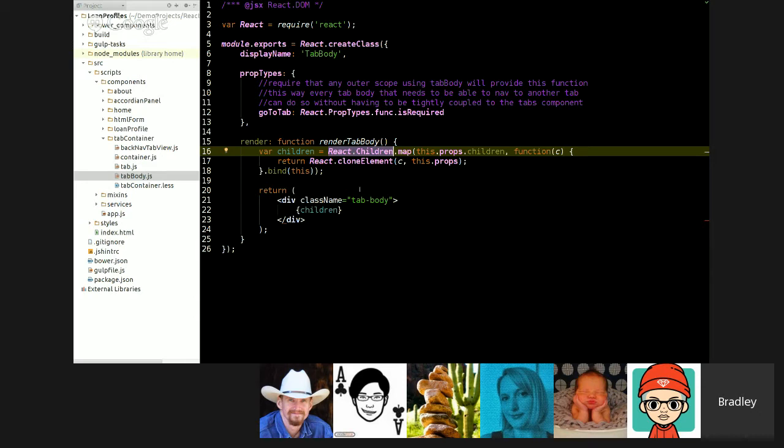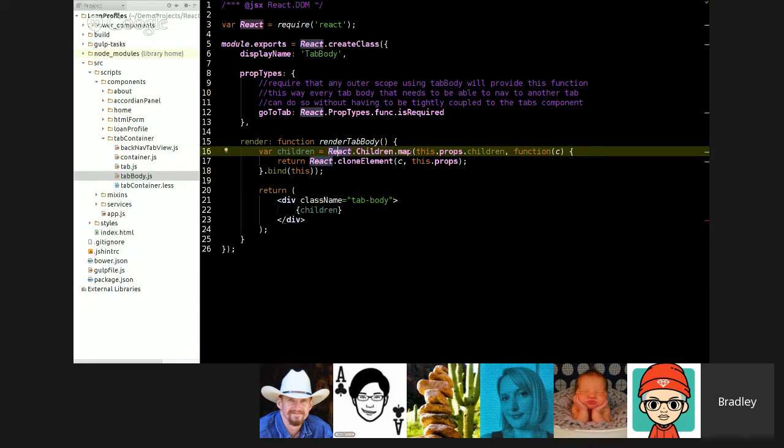Maybe you need to know some events. So you have a form that's inside of a tab and you want to know on the outside of that form when it was submitted or when something happened. But you don't really have a way necessarily to go down through the whole thing and add event handlers and stuff like that. So what you can do is